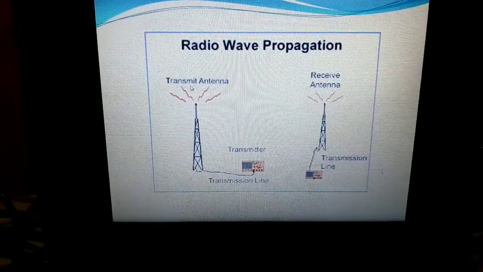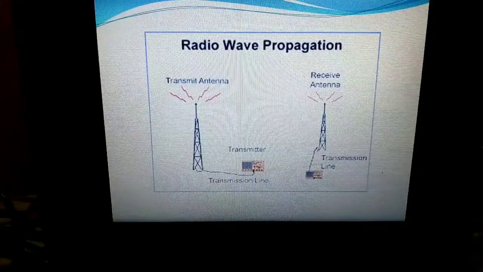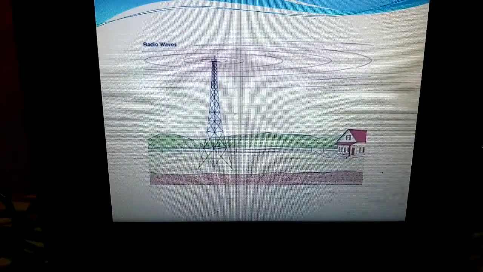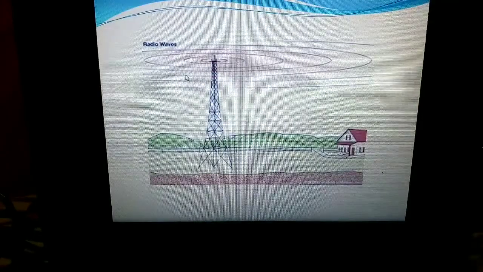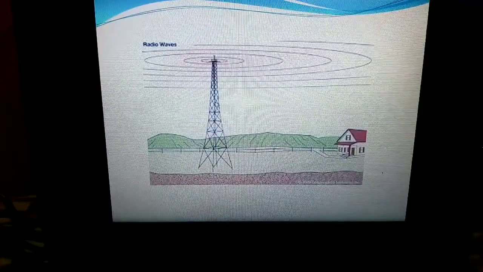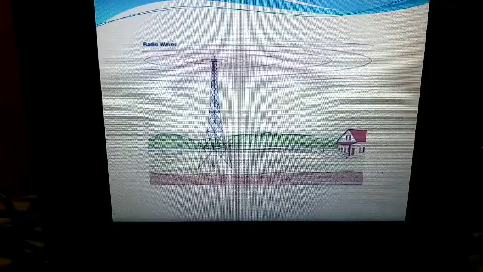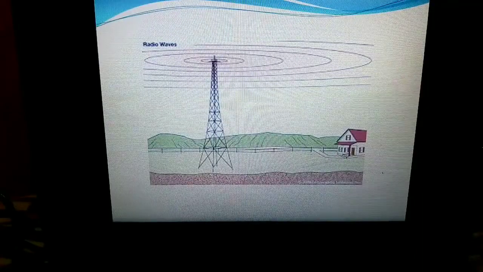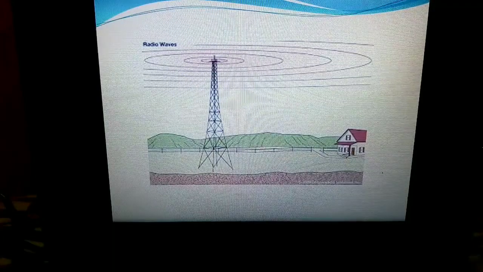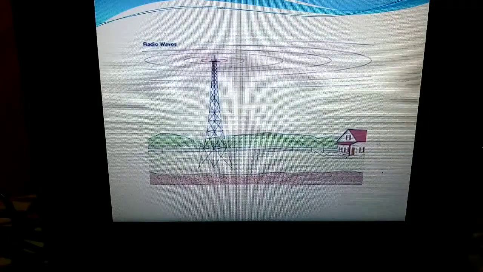Now let us see the advantages of using radio waves. The first is that it offers mobility, meaning it has the ability to move freely. You can see here, these radio wave antennas have a certain capacity, and can radiate up to a certain number of kilometers. After a certain distance, one more antenna is needed. That antenna again has its own capacity, and that is how it has the ability to radiate its signals.